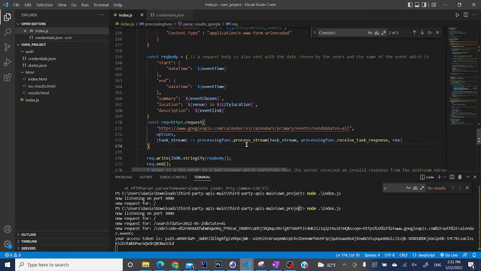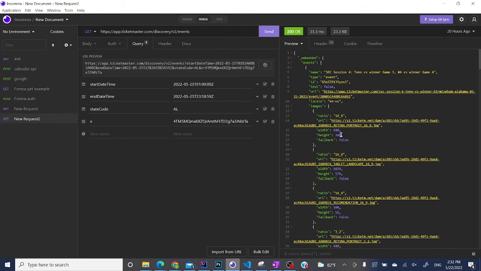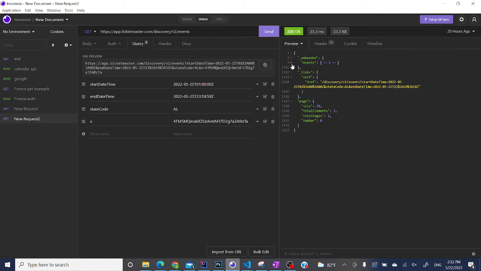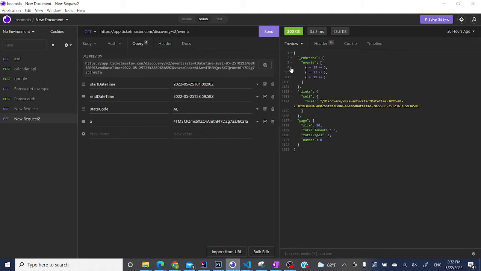Well, the first one to be called in this app will be the Ticketmaster. The reason is that as soon as a person chooses his state and date, the request will be sent to the Ticketmaster API, where we will get a response which includes a list of different events, which we can see over here. An example I did in Insomnia, we get a list of events through the API in a form of a JSON file. And over here we have, for example, for this date, I had 3 different events, and